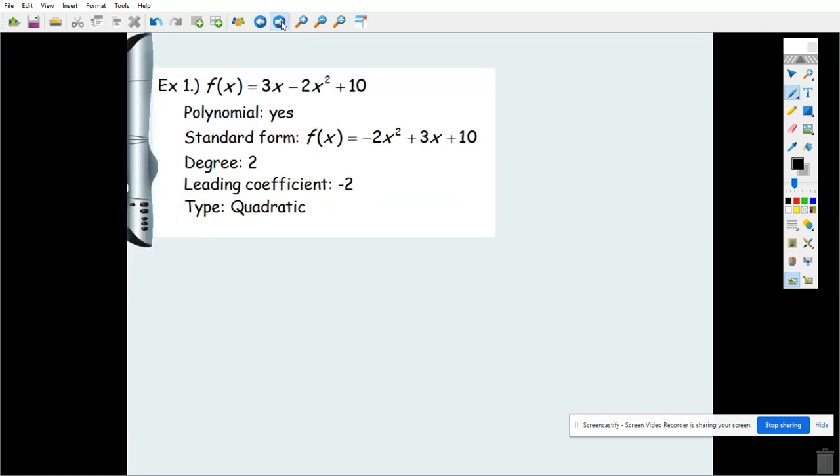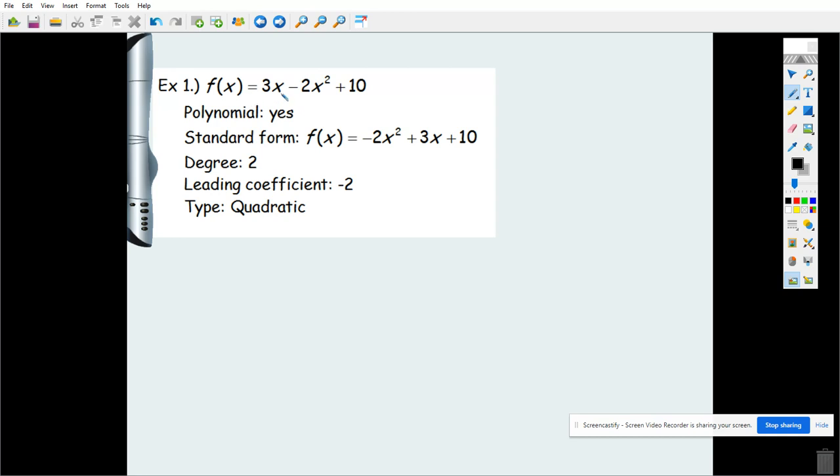Okay, so I'm going to give you a couple problems here, and this is kind of just what I'm talking about with vocabulary. First of all, I want you to put it in standard form. I'm asking you, is it a polynomial? It's a polynomial if it has positive whole exponents. It cannot have an exponent as a fraction. It cannot have a negative exponent. They have to be whole numbers. Okay, so